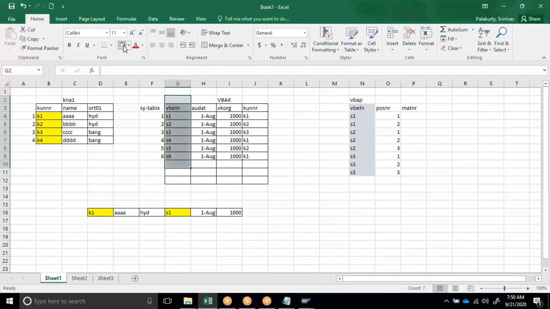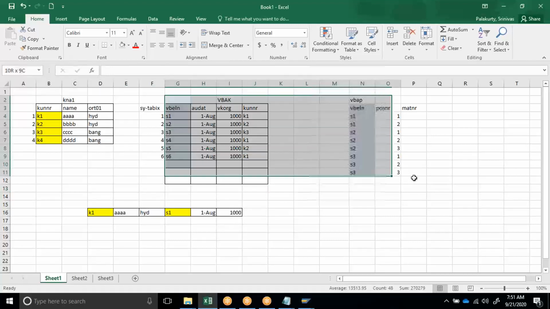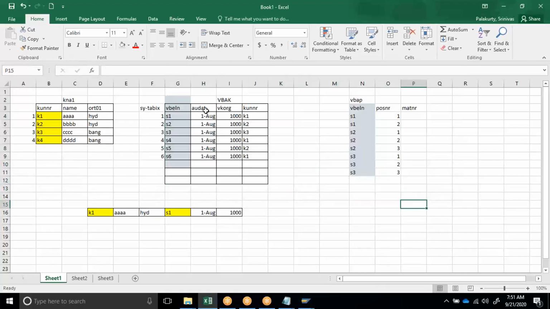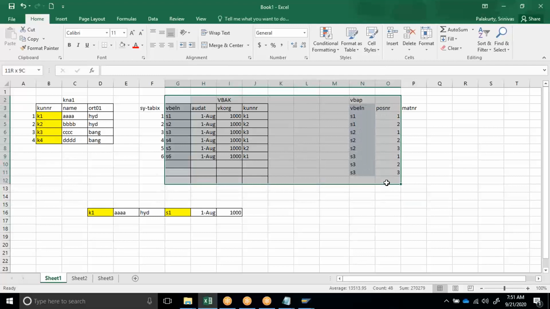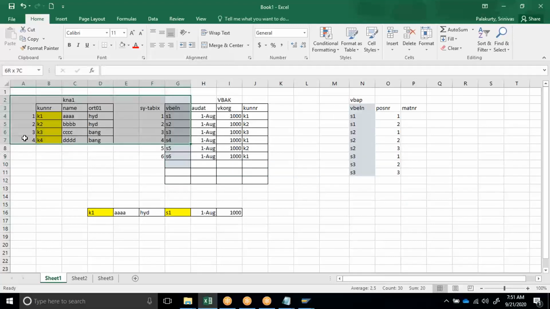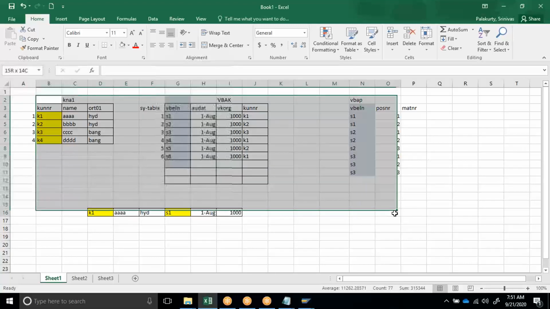To apply parallel cursor for these two fields, the table should be sorted with KUNNR. So I cannot sort parallel cursor for these. If I sort these two tables with KUNNR, the parallel cursor won't work for these two tables. If I apply parallel cursor for these two tables, then the parallel cursor field cannot be applied for this table. It won't be possible. So if I can use a common field across all the three, then I can apply parallel cursor. So once for one batch, I explained this like this.